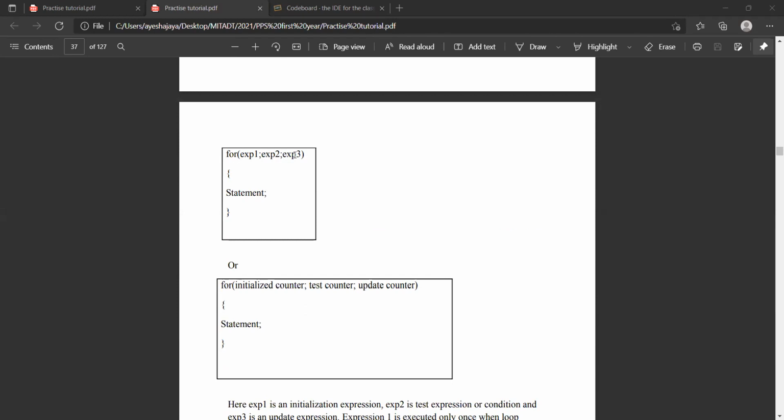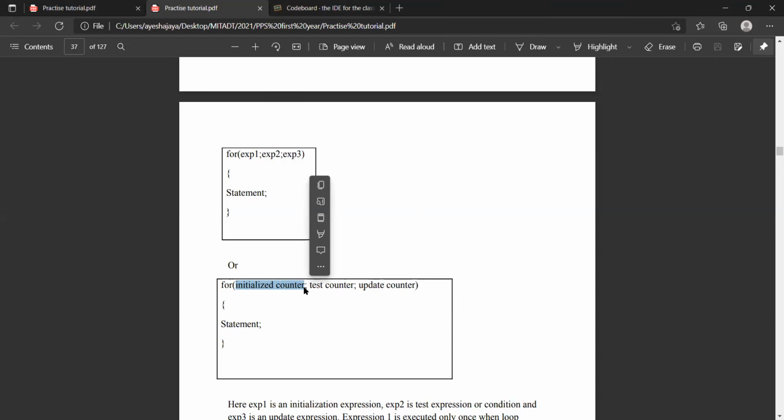Okay, if you have attended that, this would become simpler. So this is the for loop, and if this condition is true, then we will execute this statement or the block of statements. Now what are the three expressions? First expression is the initialization counter. Suppose you have declared the variable I. You can initialize it in the for loop itself, or if you have initialized it already, you can re-initialize over here.